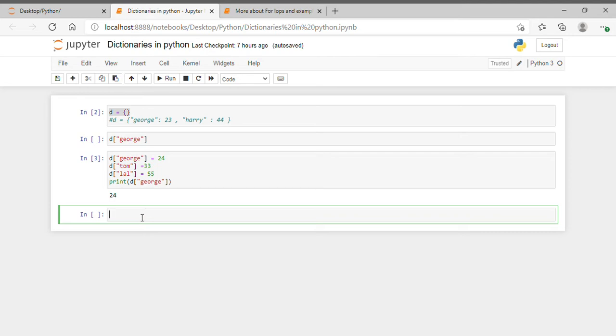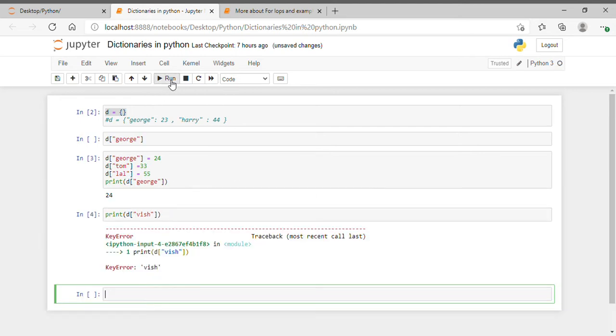If you try to print a key which does not exist, you will see an error here. Let's see how it works. Print parenthesis D square bracket double quotes wish, and when you try to run this cell here, you will see the key error because the key wish doesn't exist yet. Now as we saw, the value that's associated with George is